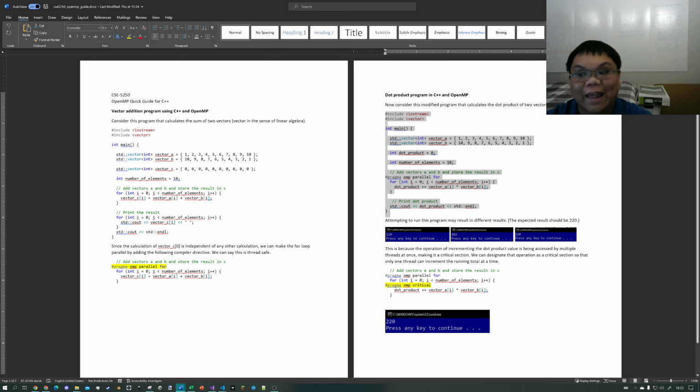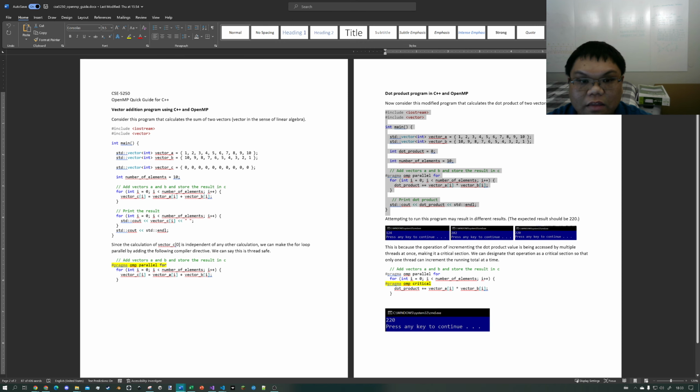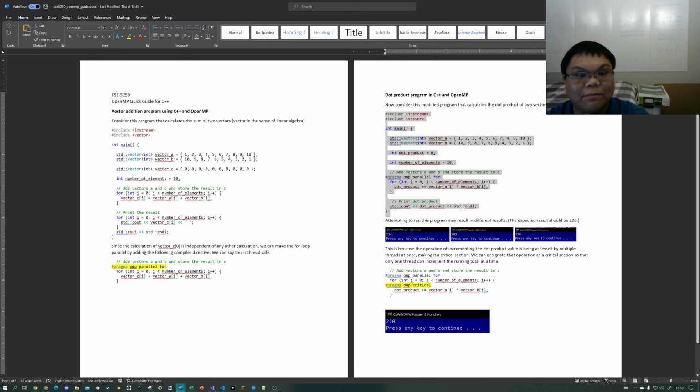I'm going to add the Hello World program to this. I'm also going to add instructions on how to compile an OpenMP program on a Unix terminal to here. I encourage you to try this out for yourselves. We'll meet back on Monday in person to discuss any questions that we may have, and